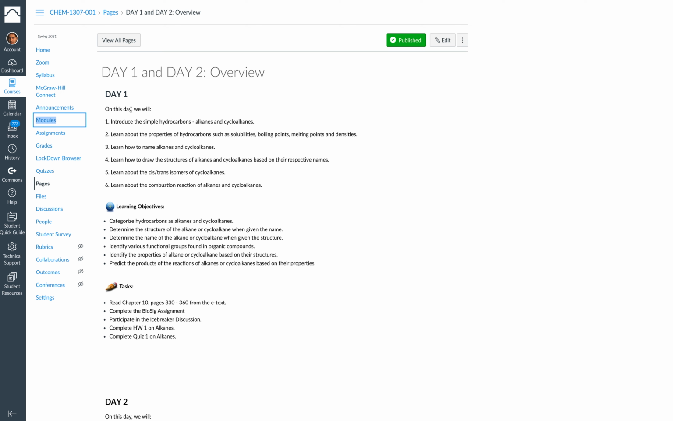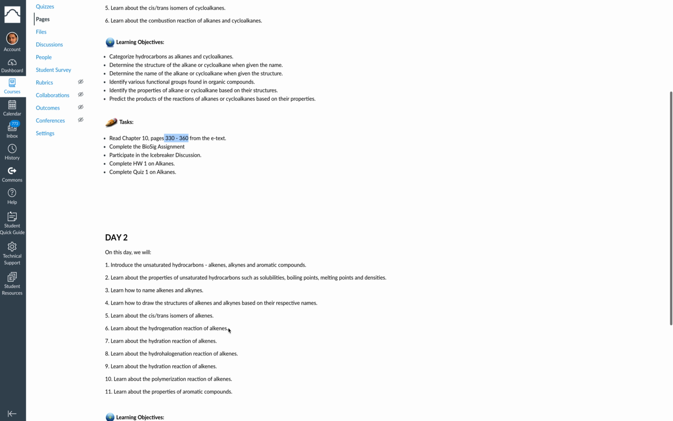These are the things you will learn in day 1, the learning objectives and the task. There is a homework 1, quiz 1, the icebreaker discussion, the BioSig assignment, and reading chapter 10 from pages 330 to 360. It's a lot. You might think it's a lot, but remember, this is a very, very fast-paced course where you are learning